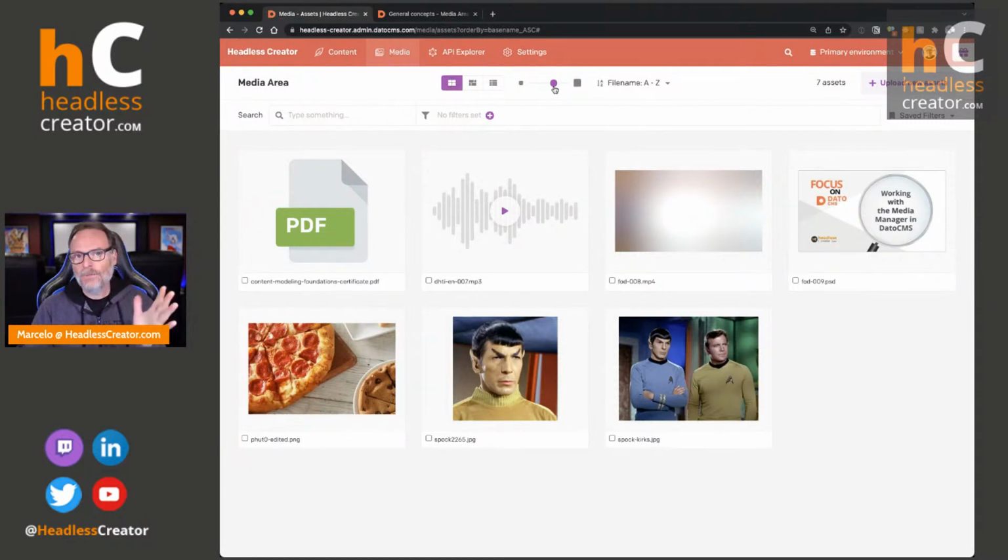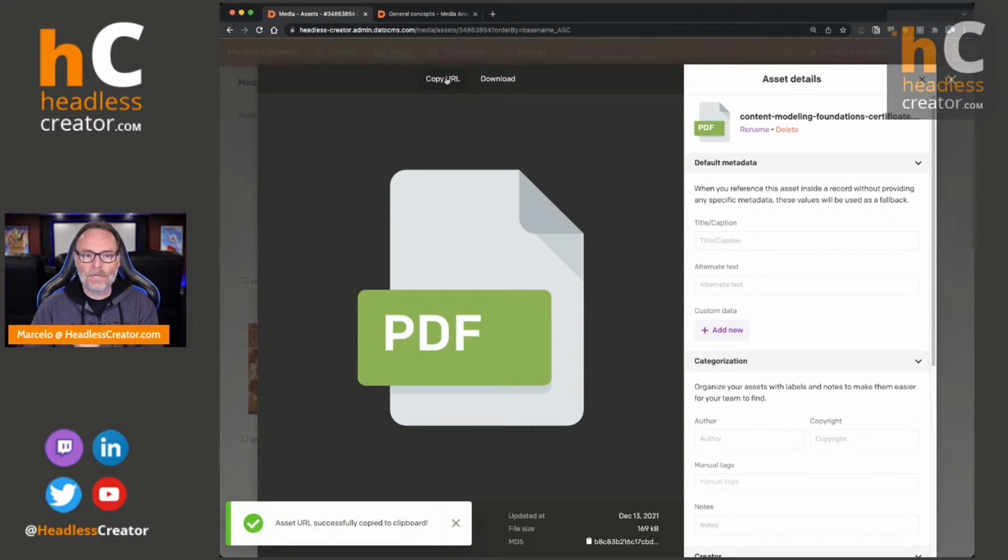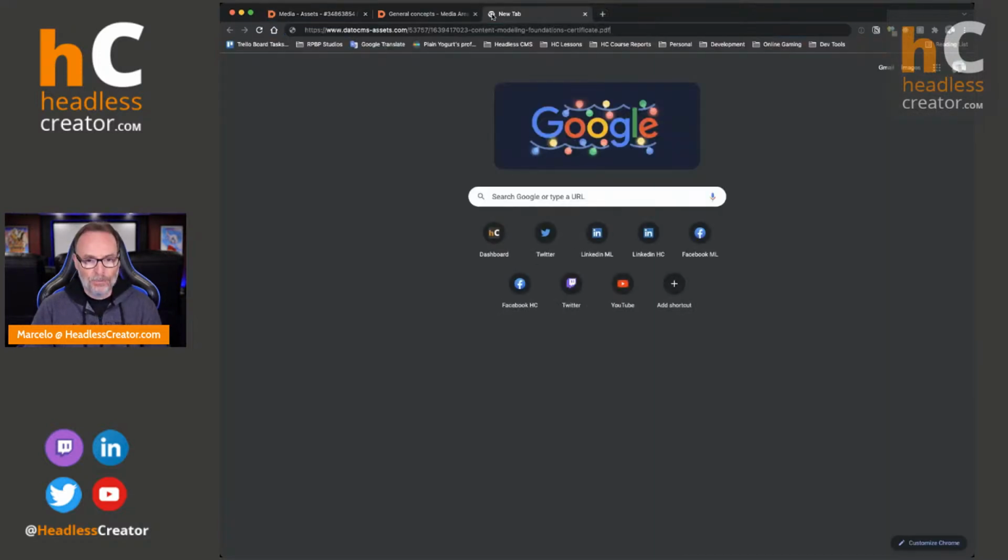So first of all, I'm going to jump into a PDF asset. So you can see that basically you can copy the URL, you can download this asset. So if you upload it and you want to work on it, you can download it. And then you have information at the bottom right there. So for example, if I click on copy URL, then open up a new tab,